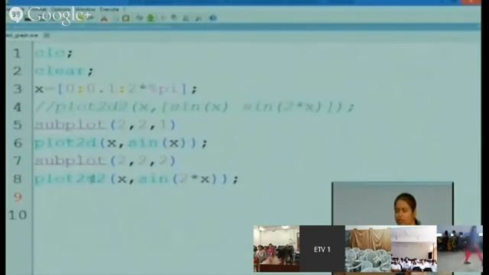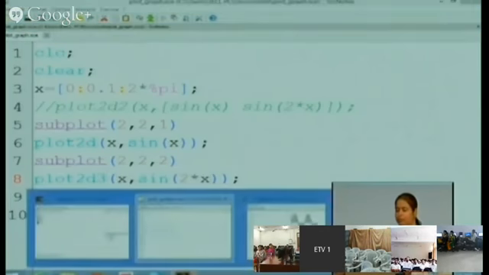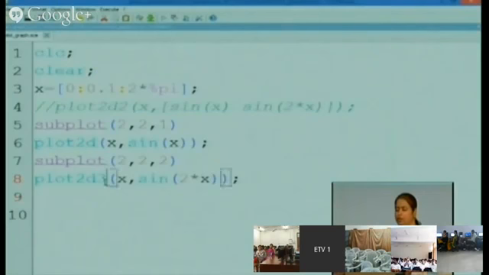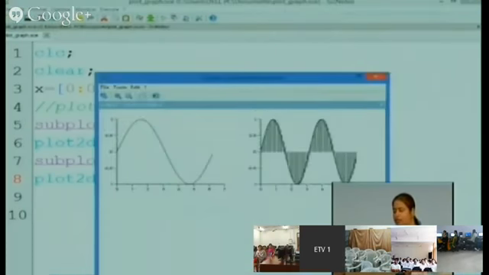Similarly, if you use 2D 3, then these vertical lines will come in the graph. And there is also a 2D 4, so arrows will be there in the graph.